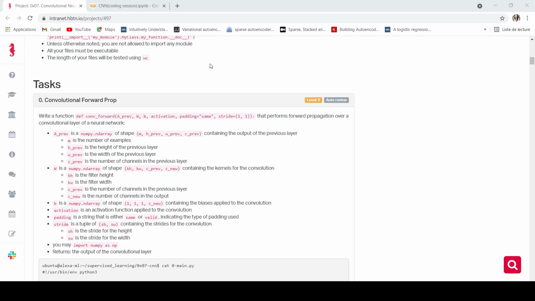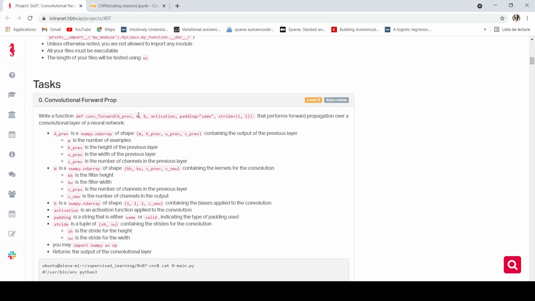It's pretty simple, knowing that you already did this in the previous project. Here we are going to write a function that performs forward propagation over a convolution layer of a neural network. As arguments we have A_prev, the output of the previous layer.